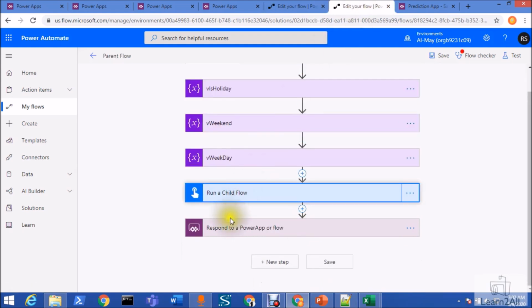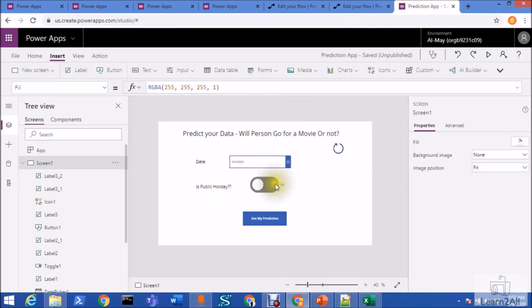So over here my parent flow will only have its result. It doesn't have the predict action directly, so it allows me to add it on this button. The main reason is that one. But yes, if you find that you can use this model inside a single flow, feel free to tell me your suggestion. I would be happy to learn that. Now let's test our result.